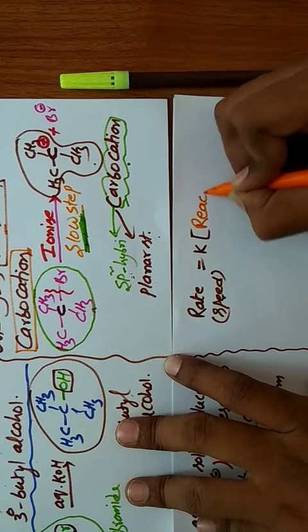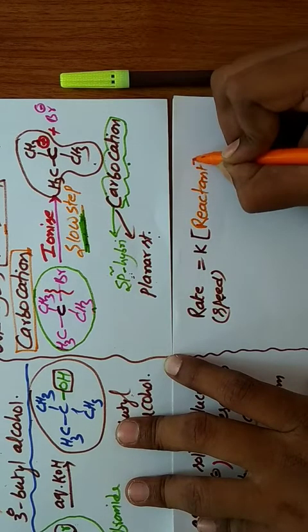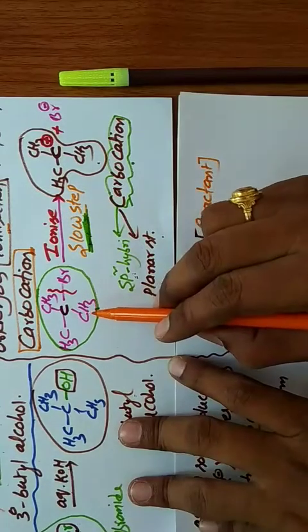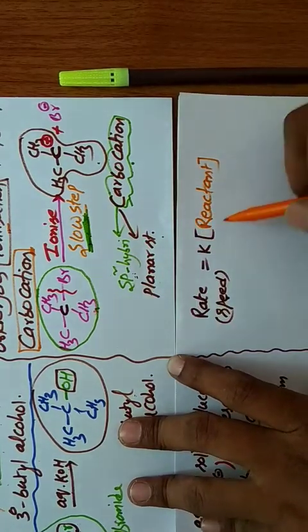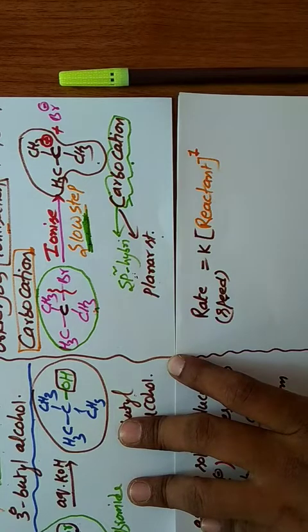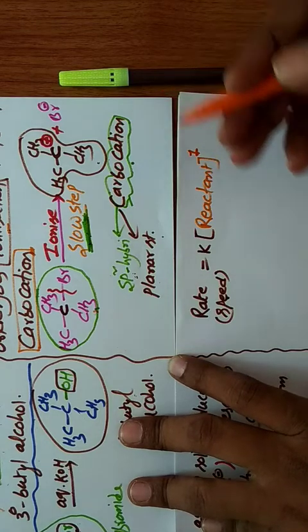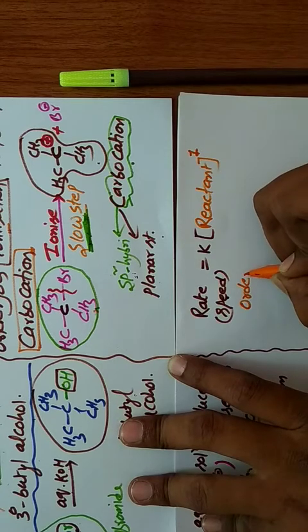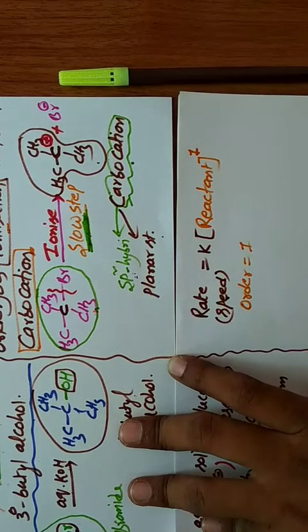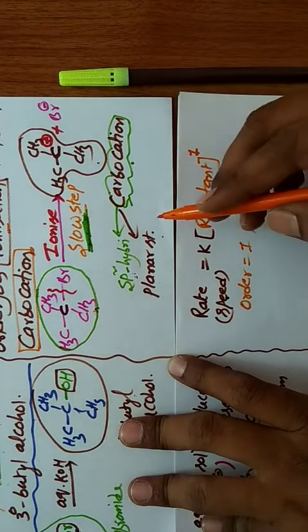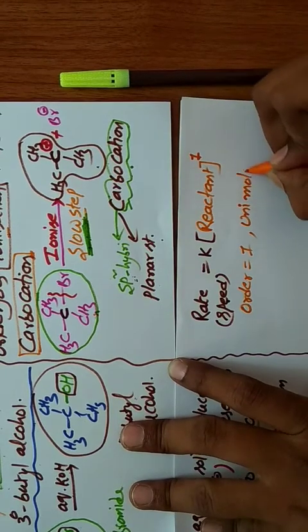Reactant means this one. In the slow step, only one reactant molecule is involved. So how many moles? 1 mole, we can take it as 1 here. Order means the power in this equation, so the order is equal to 1. First order, unimolecular, that means only one molecule is involved in the slow step. Unimolecular, first order, nucleophilic substitution